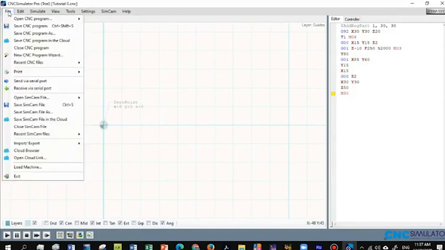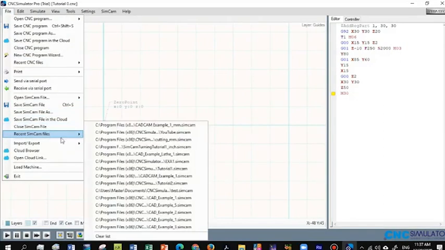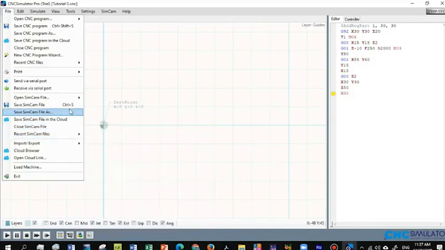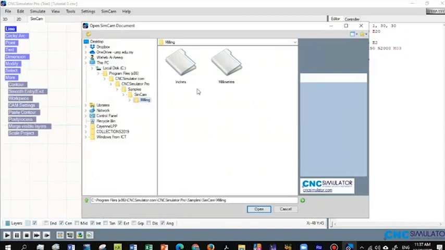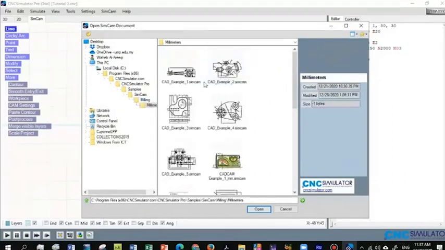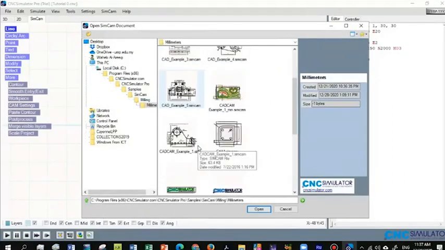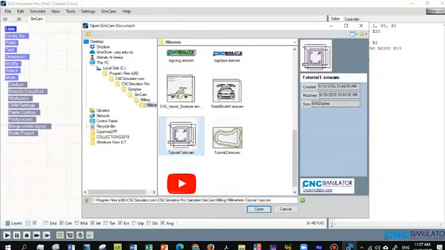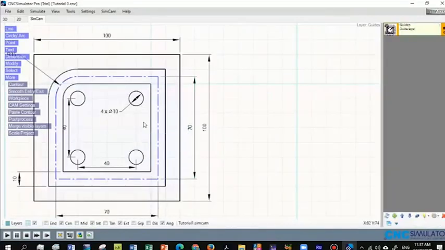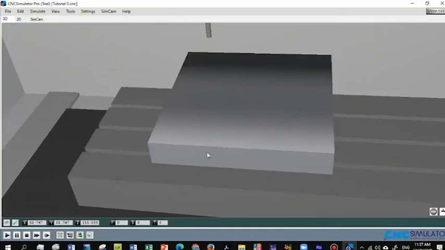Like I told you last time, you have some examples here for demo. You have them in millimeter and you have them in inch. Such an example includes a drawing here with layers, and we already defined some layers and so on. So when you create your own code for this part,